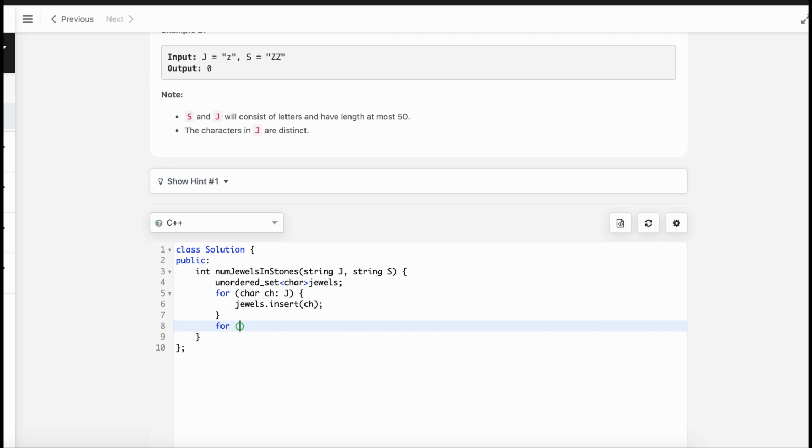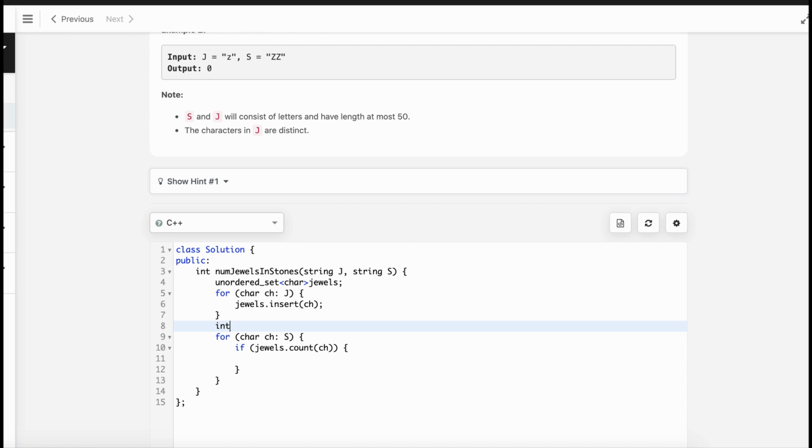So insert ch, and we will iterate over the characters in S, and if we see that ch is present in jewels, using jewels dot count of the character, then we'll increase the counter.